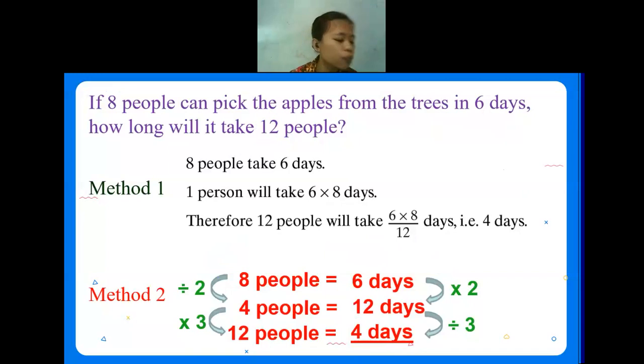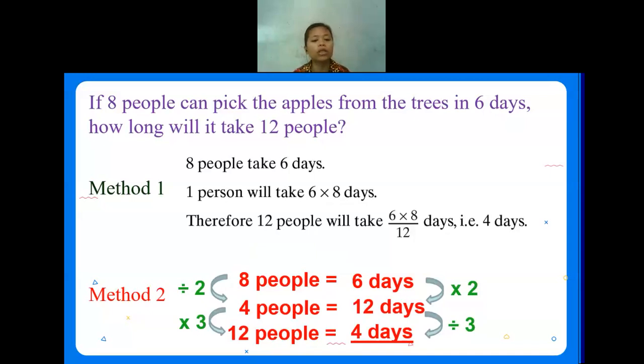Usually when we are going to find the inverse proportion, how do we indicate if it is inverse proportion or direct proportion? You have to read the question first, and then make a guess. Like if 8 people take 6 days, if 12 people, will it take more days or fewer days? Because we know that we are going to do the same amount of work with more people, like when we have some job and we work together with friends, usually it takes less time, so it will be counted as inverse proportion.